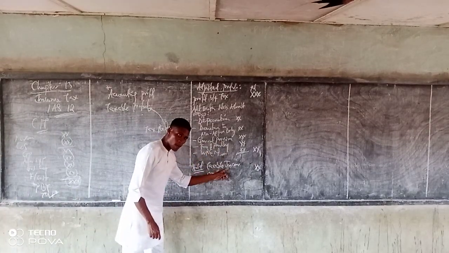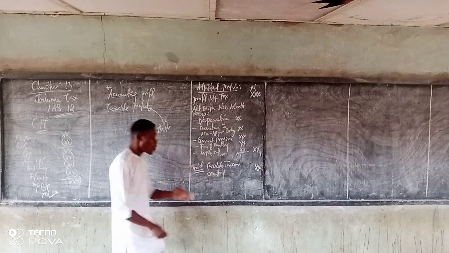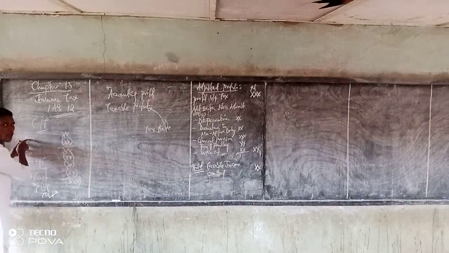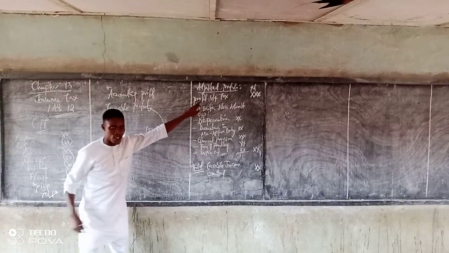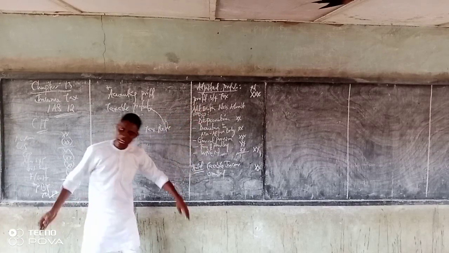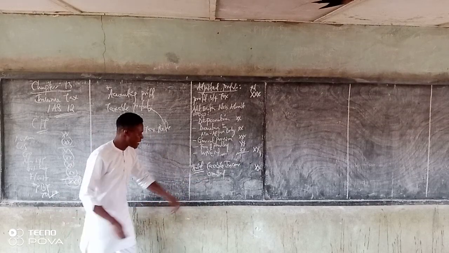This income is taxable. But when he was preparing his account, in the revenue, he omitted it. The moment you omit it there, what happens is your profit is reduced, right? So what do you do now? You add back such income. After you have done that, then you now say